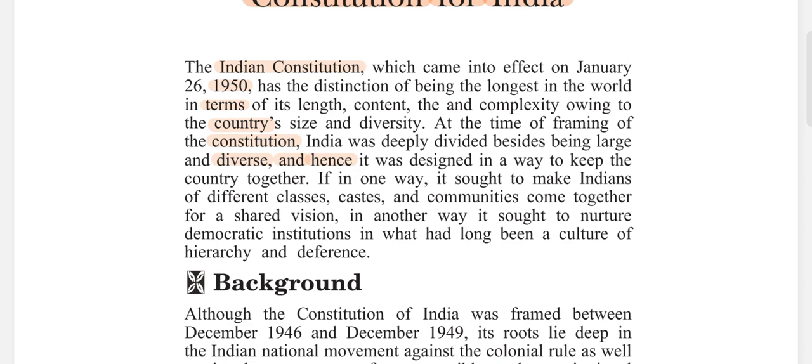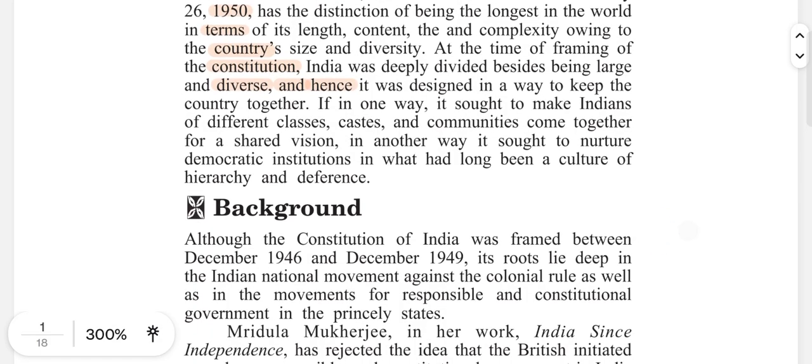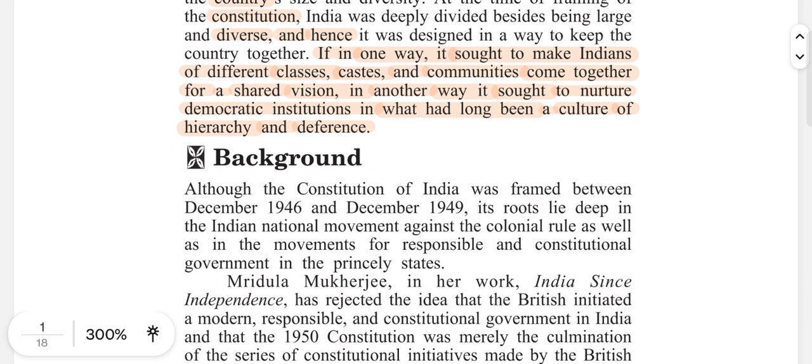India was deeply divided besides being large and diverse, and hence the Constitution was designed in a way to keep the country together. If in one way it sought to make Indians of different classes, castes, and communities come together for a shared vision, in another way it sought to nurture democratic institutions in what had long been a culture of hierarchy and deference. Background: although the Constitution of India was framed between December 1946 and December 1949, its roots lie deep in